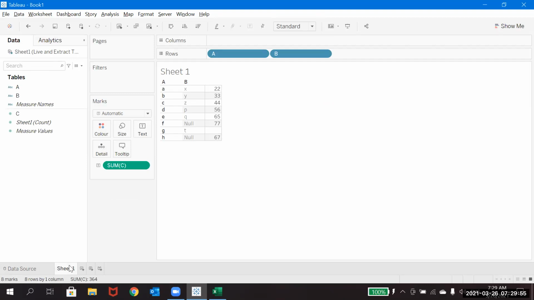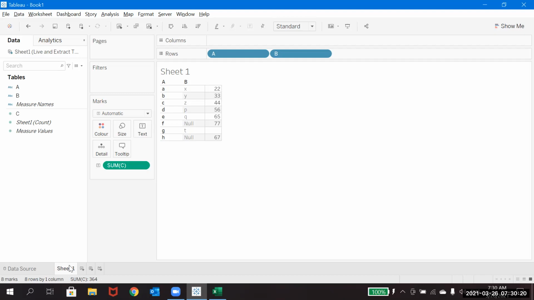So did you guys observe the small difference of what I did in the incremental and full refresh? Whenever we keep the check mark on incremental refresh, it was only adding to the data set, but not to the extract whatever we have created, because it was just adding that information to the data set and it will not be replicating in the main extract we have created.